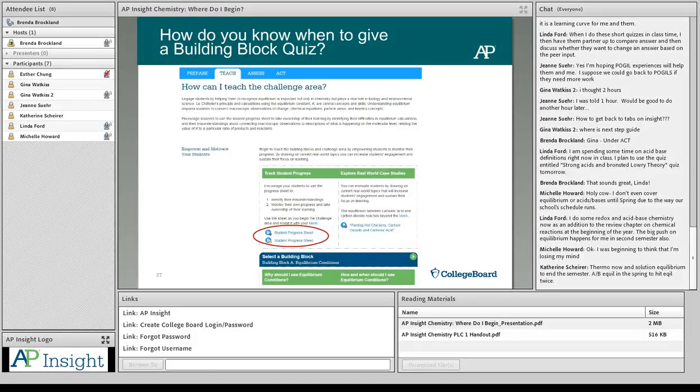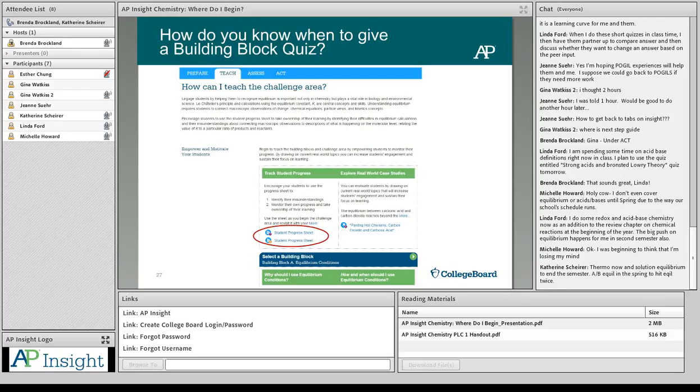And again, you want to check that you're looking at building block A. So if you scroll down,